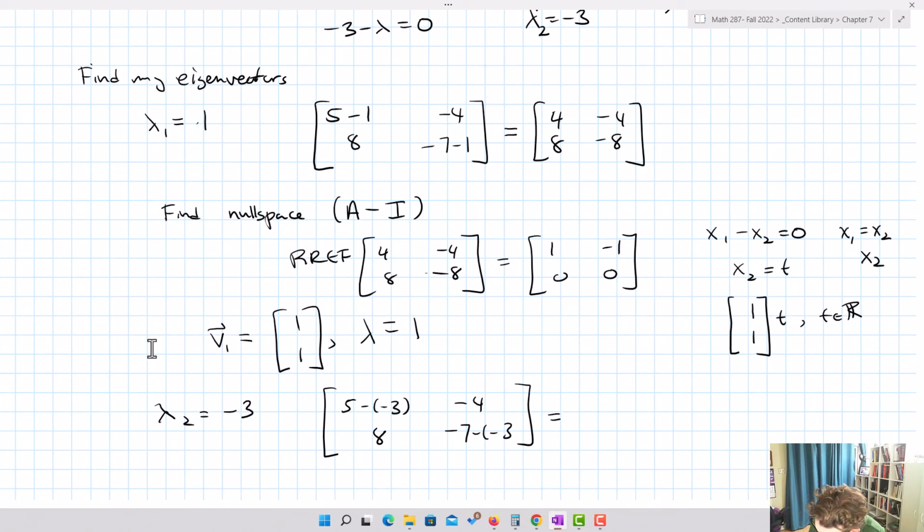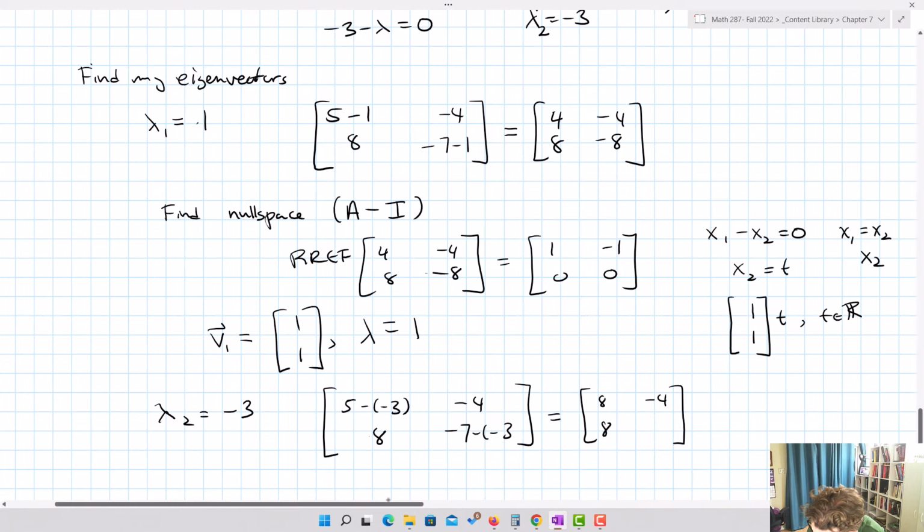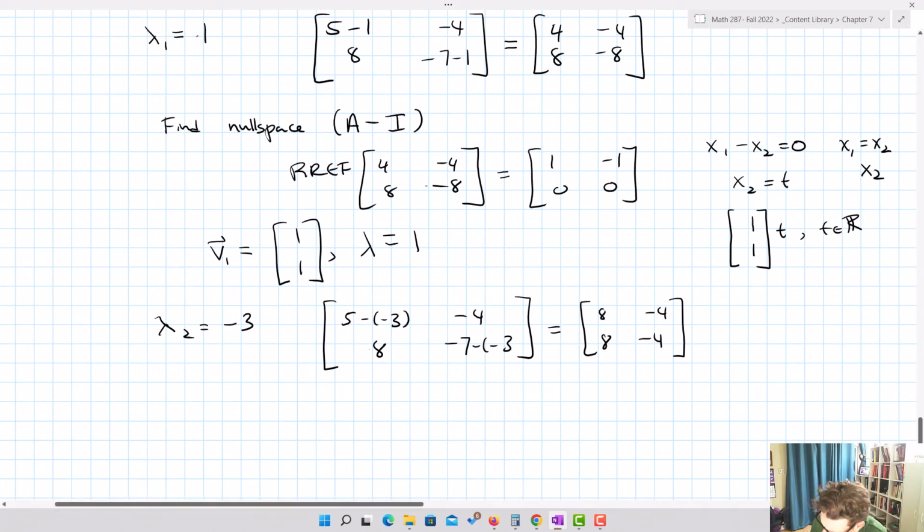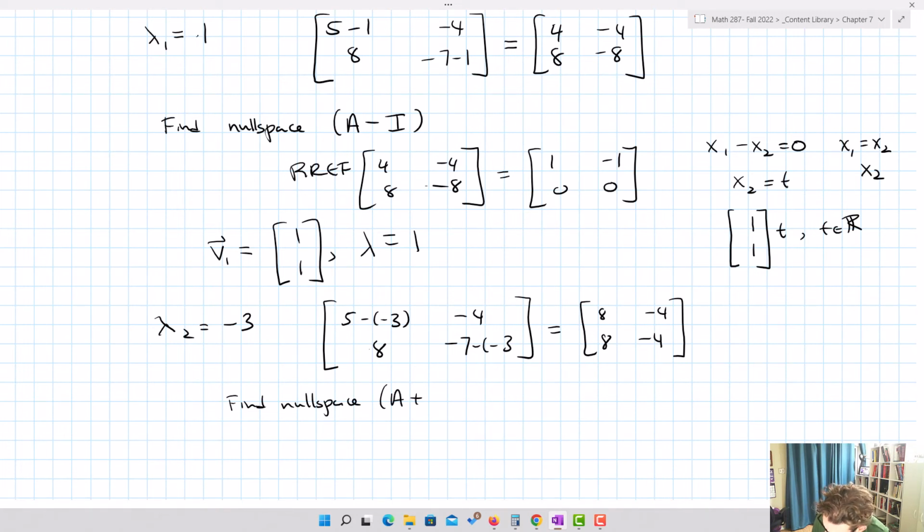So this is then going to give me 8, negative 4, 8, negative 4. When I take the RREF, I'm going to find the null space of, in this case, A plus 3I,